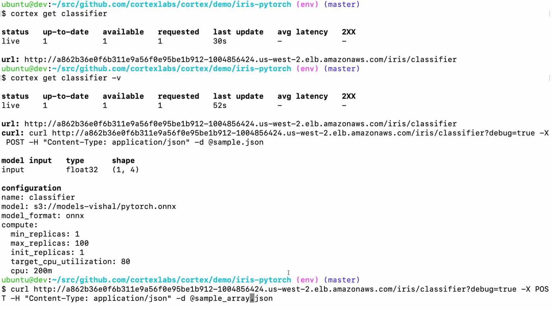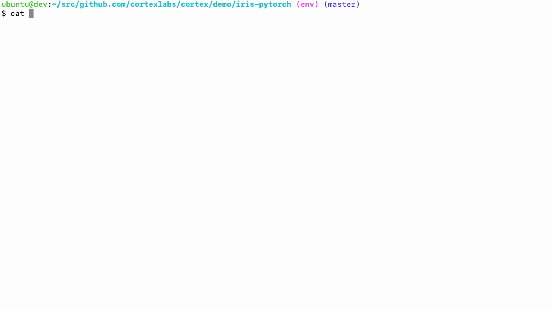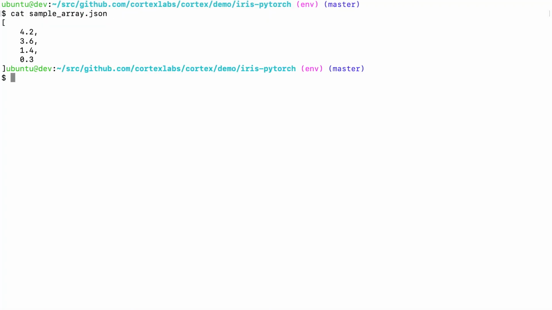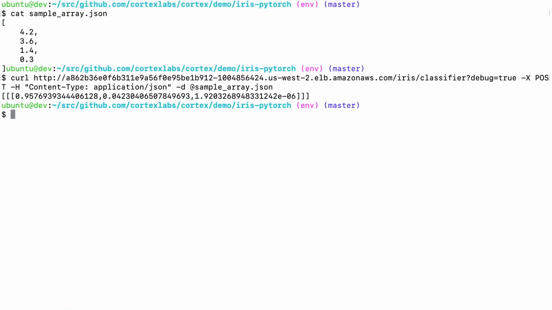But before I do that, let me show you what's in the array. It's just an array of float values. So let's make the request, and it returns a list of floats, each corresponding to the confidence in one of